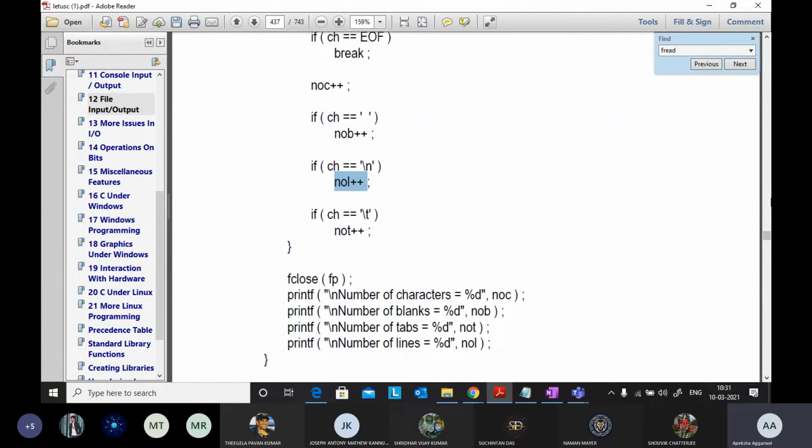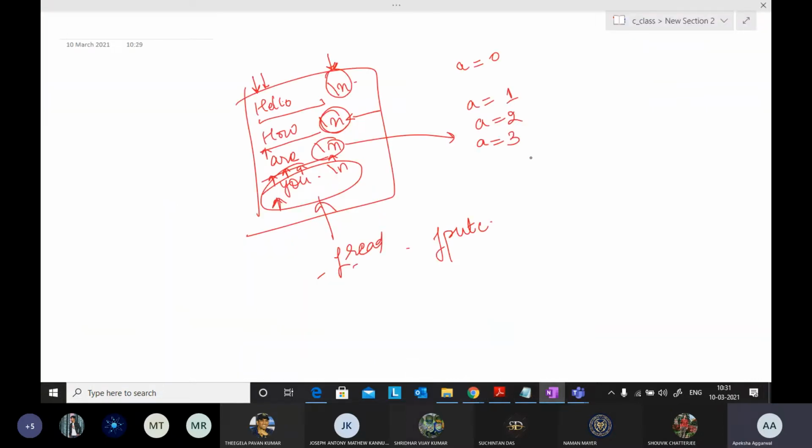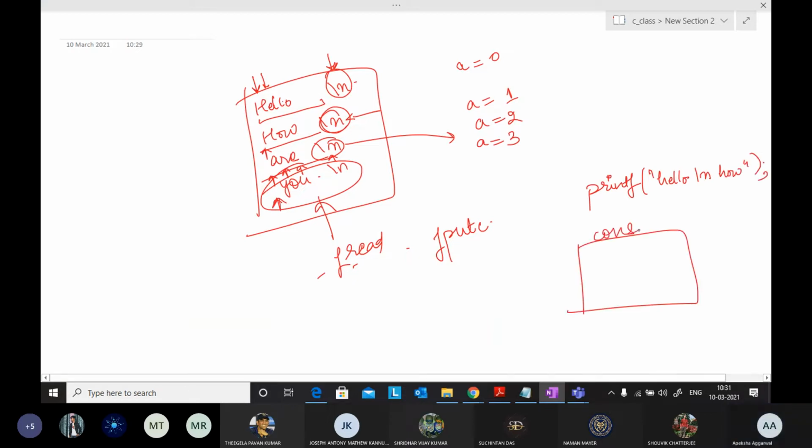Number of tabs. For tabs it is \t for counting. For example, if you are writing printf, you write hello, then \n, then how. What it will print on the console is hello, and on the next line how.